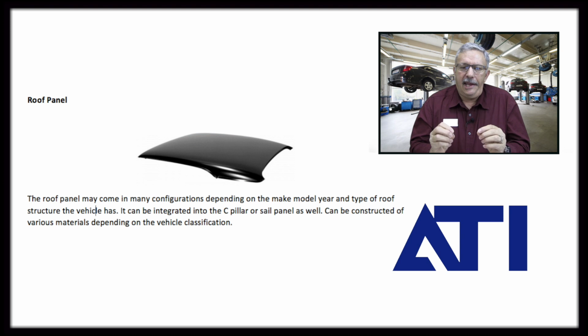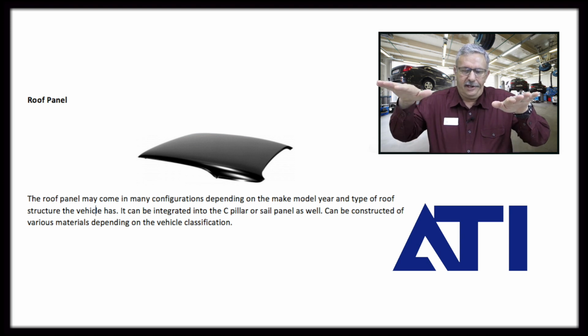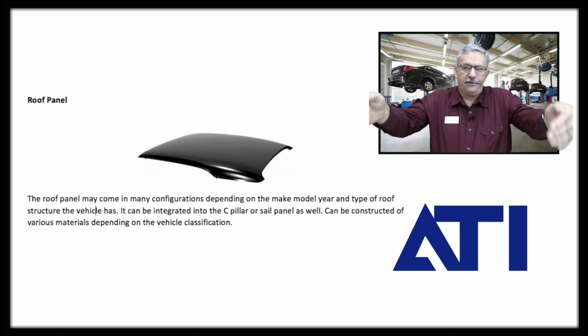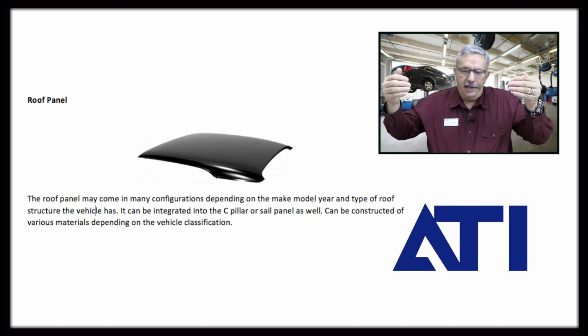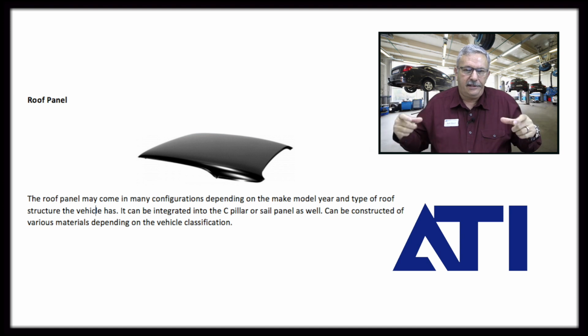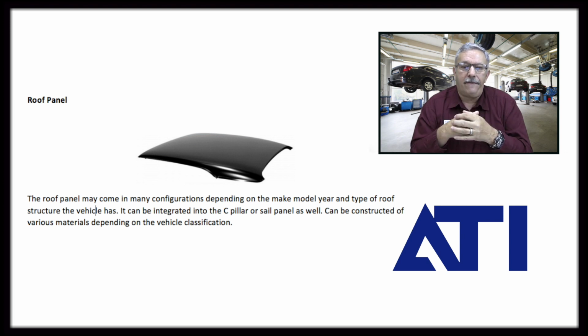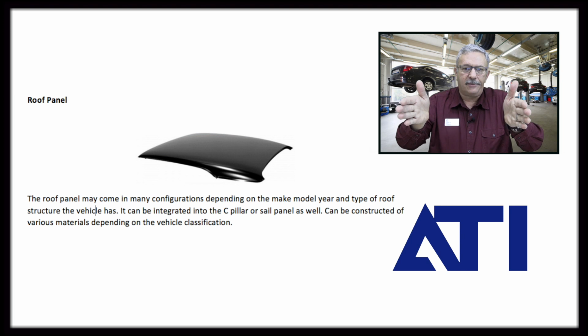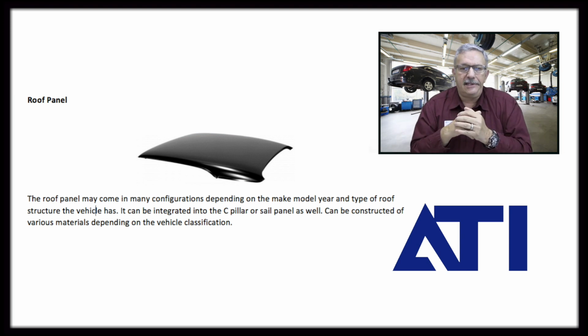A roof panel in its old form used to be just a part that came down and was welded to the A-pillars, which are the front pillars that hold the windshield in. The B-pillars, there would be a cross brace and they would weld there. Then the C-pillar or the sail panel, they would weld there. We are seeing a comeback of that type of structure now as we have the unisides, because the unisides go in and it gives us a real nice lip to make a small roof panel. So we're seeing a resurgence of that kind of construction, which is good because